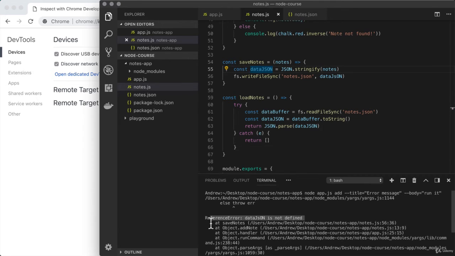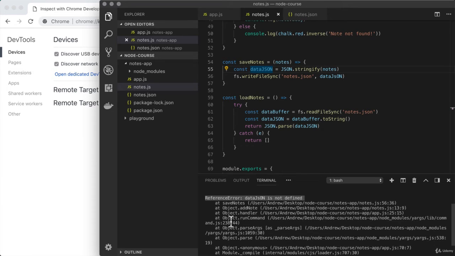Now, below the message, what we just explored, we have a stack trace. This contains a trace of all of the functions that are running to get to this point in the code. And you'll notice the first line right after our message contains the call to save notes. So it's saying that we are at save notes, and it points to the correct file that is in Notes app. It is called notes.js, and it even points to the line and the column. So line 56, column 36, that is exactly right here where the problem occurred. So that first line after your message contains the most useful information in the stack trace.